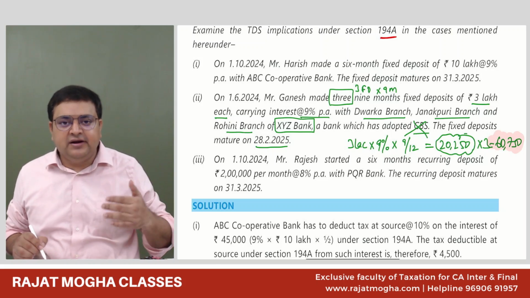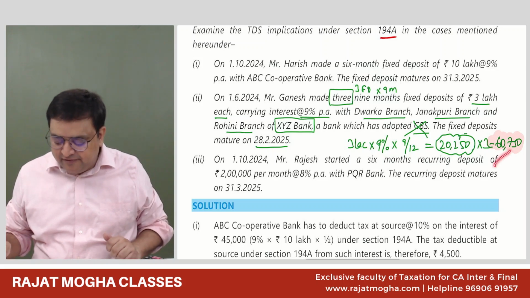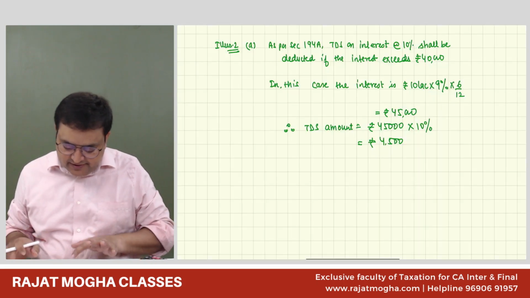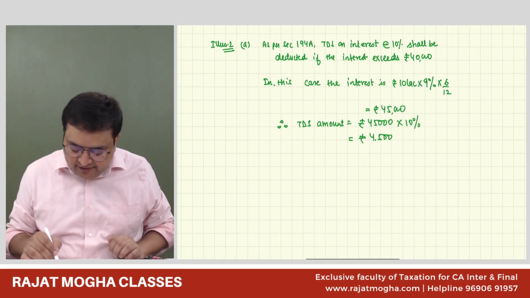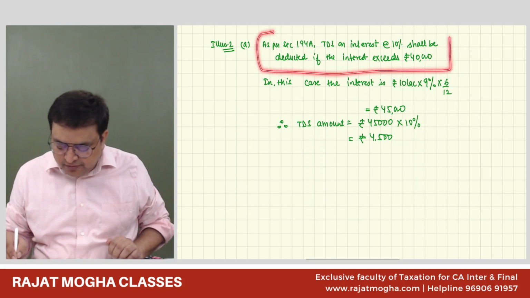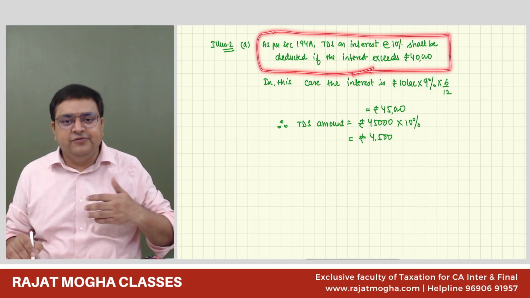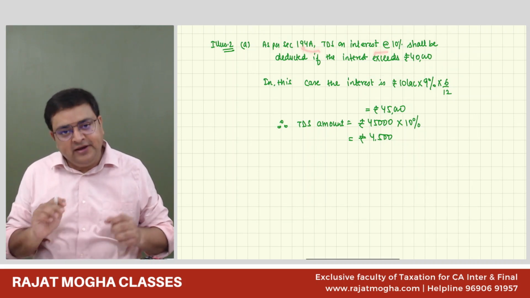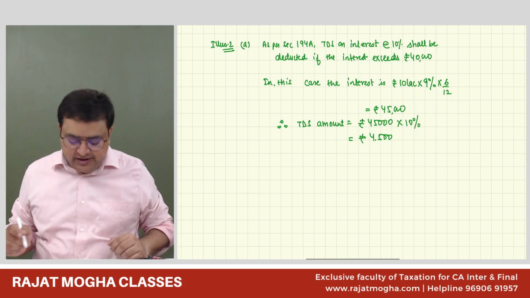So, the bank will deduct TDS at a rate of 10% on this interest. So, 10% of 60,750 is 6075. How will you be writing it? Since you have already given it to the examiner, there is no problem. There is no point in writing this provision again and again because you have already given the 194A provision. Now he knows that the student is aware of the provision of 194A.